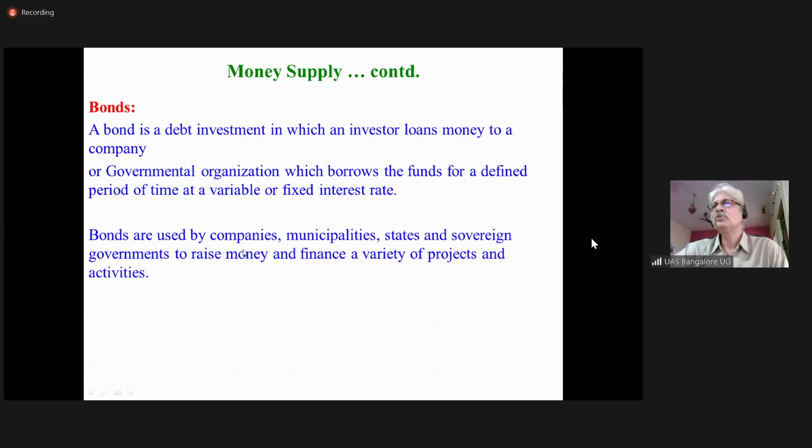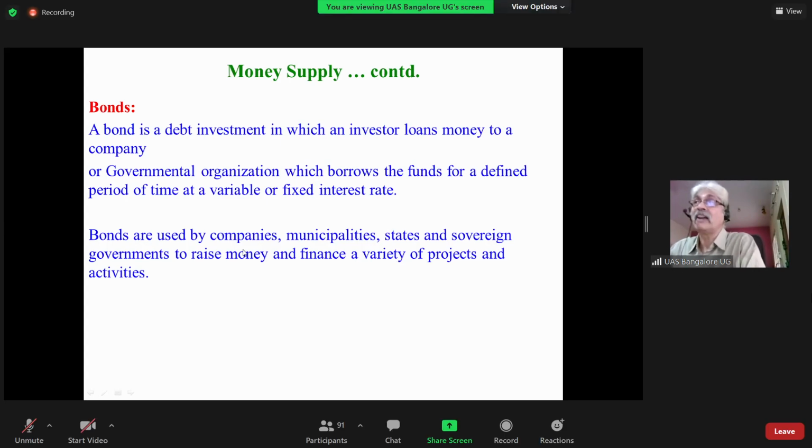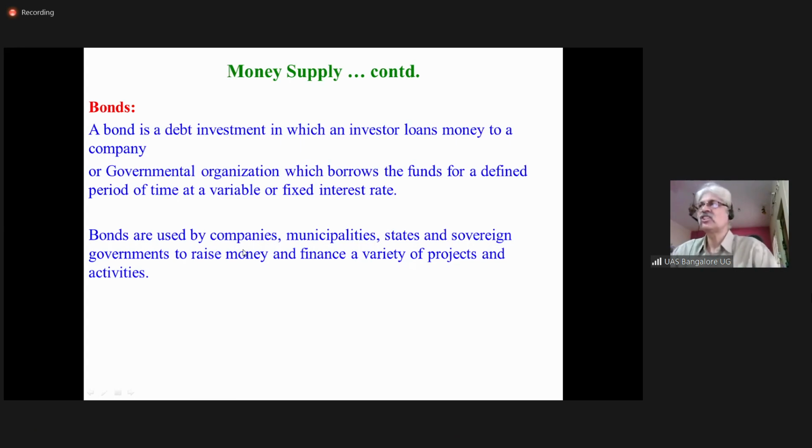Bonds are used by companies. Now another thing, usually those who are conservative, those who are not ready to take a risk, they invest in debentures or they invest in bonds. Those who are the risky type, those who are ready to take more risk, they invest money in shares, because shares have the last preference. Bonds, debentures, they have the first preference. Like